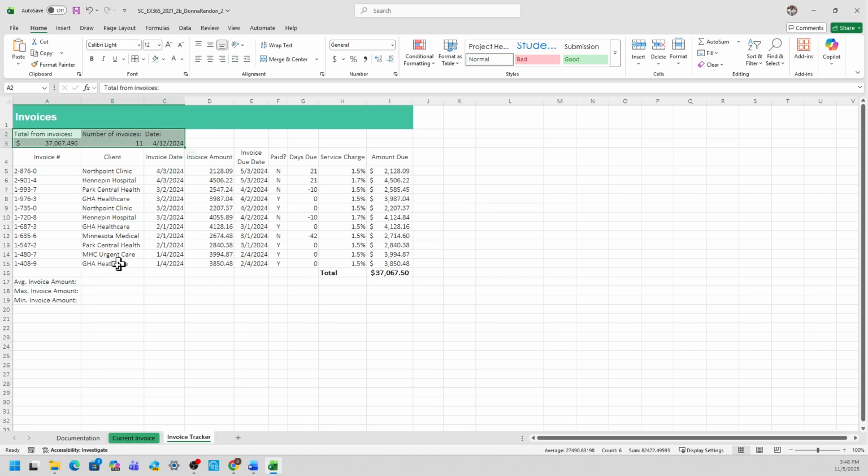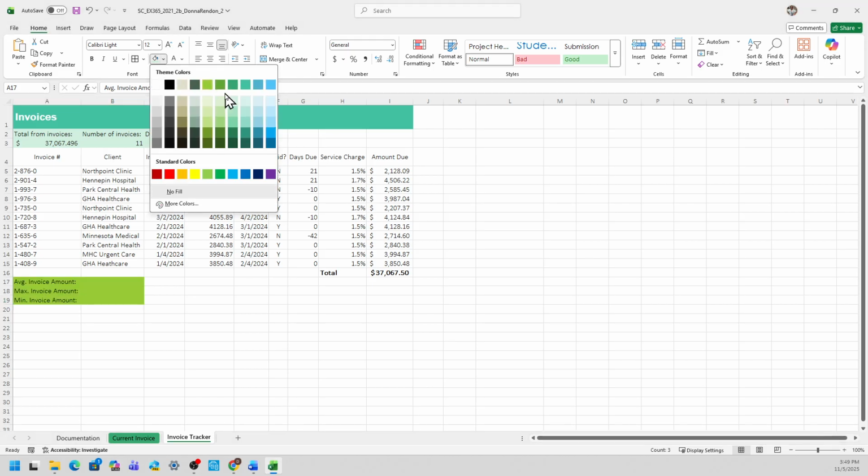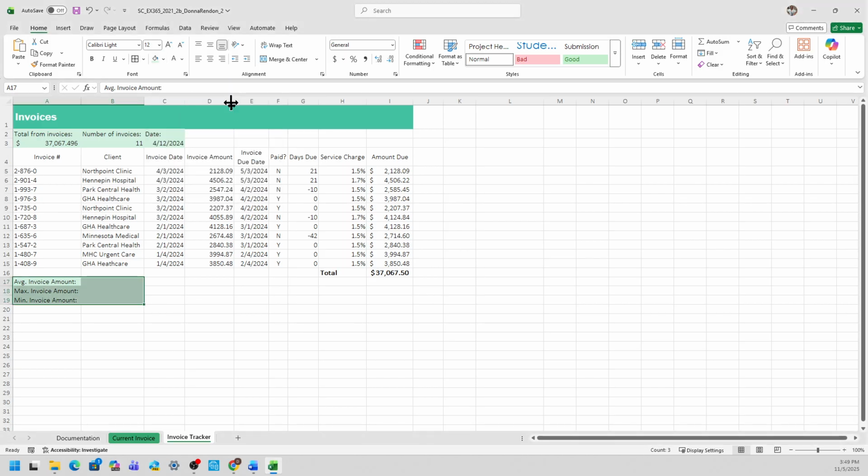Okay, and then do the same thing from A17 to B19. A17 to B19, right? Make sure B19 there. Okay, double check. A17 to B19 is correct. Press enter. And then this time, go back to here and the fill color, make sure that it's the right color. It's green accent 3, lighter 80%.